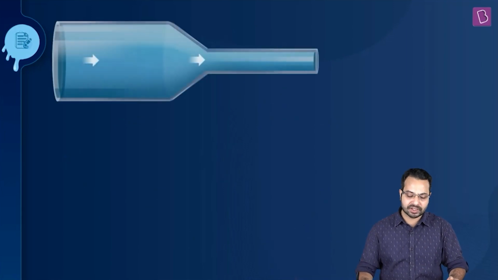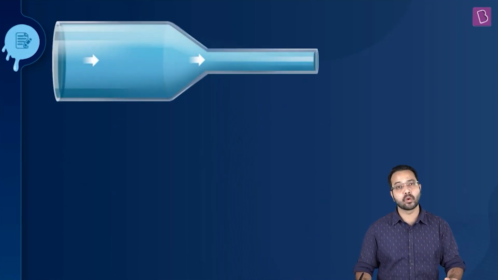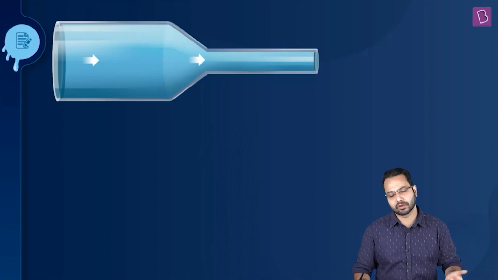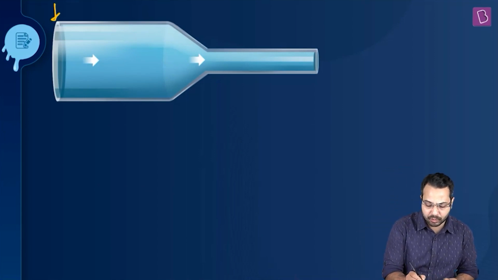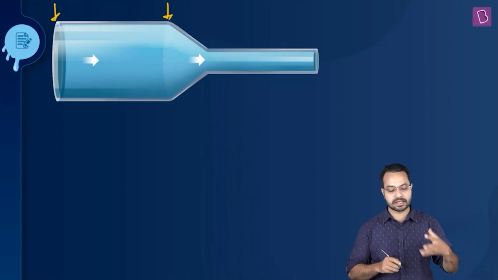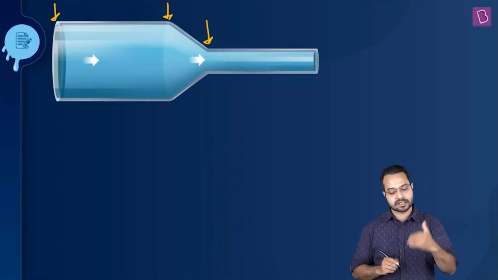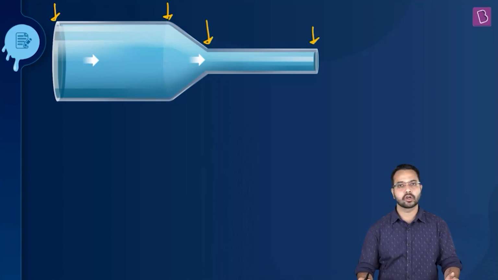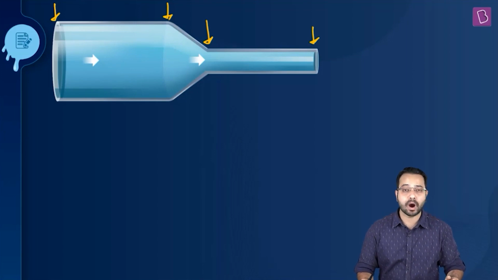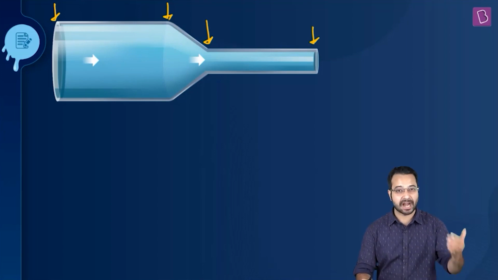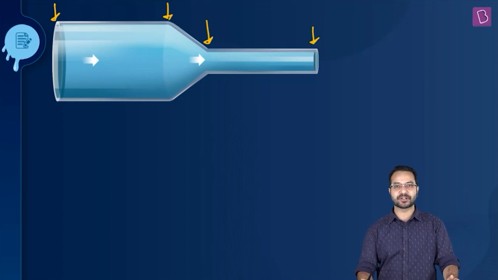Alright, so the situation is that water is flowing through a tube which has variable cross section. So we see that from here to here the cross sectional area is constant, then it starts decreasing, and then it again becomes constant. The question is, why should varying area of cross section affect the pressure? And the answer lies in equation of continuity.